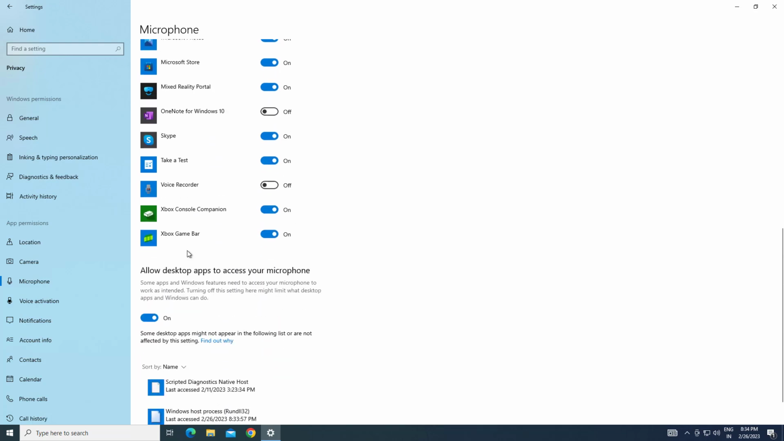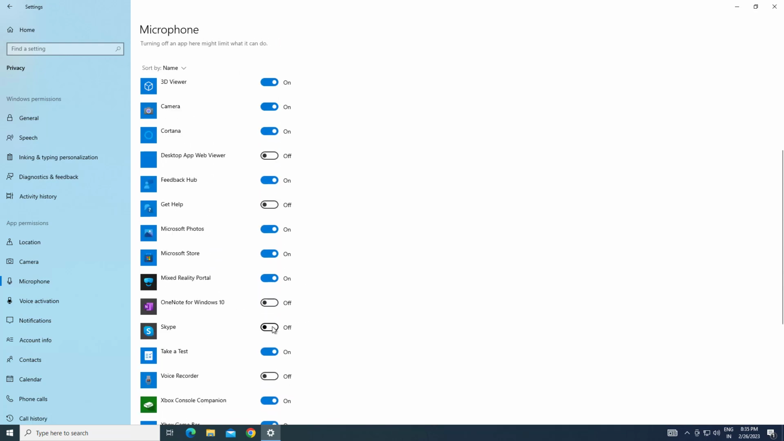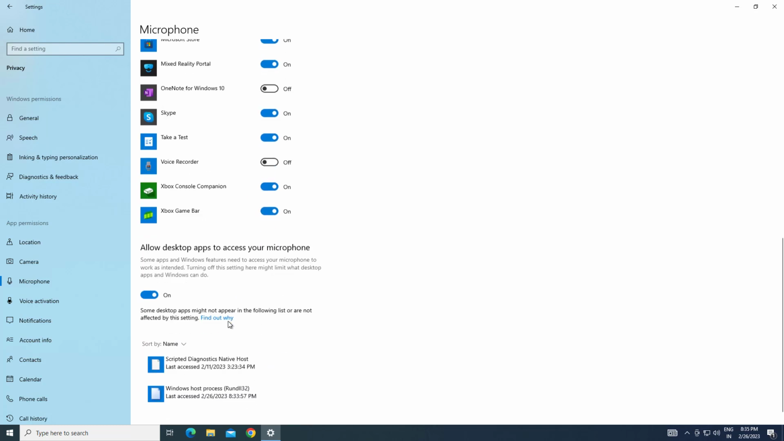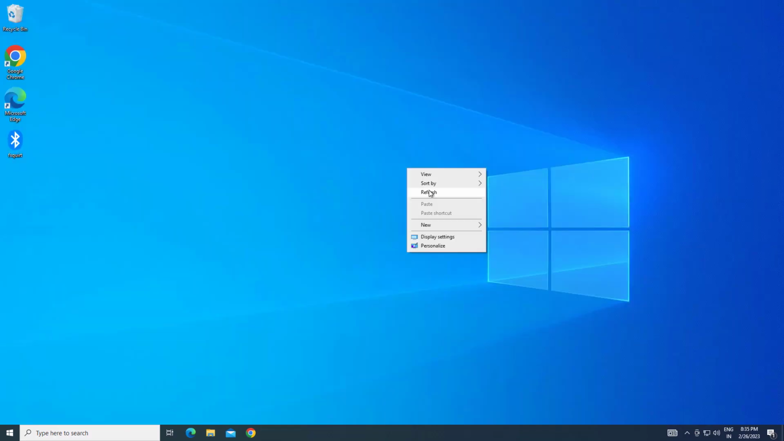Scroll down and check if your app can access your microphone. If it was disabled, just enable it. Enable this so that your desktop app can access your microphone. Now your problem should be fixed. If that didn't work,